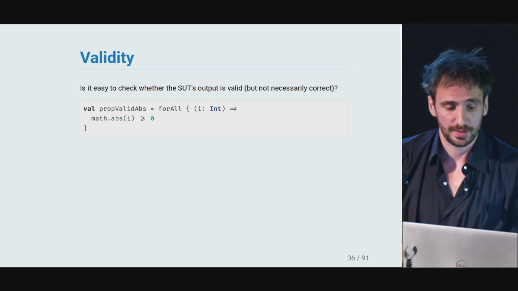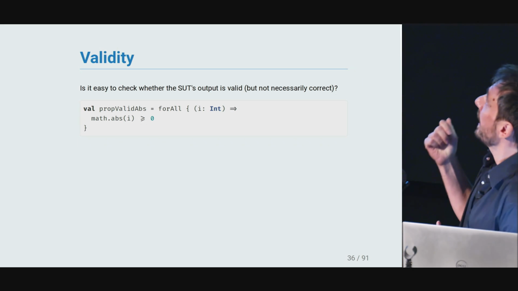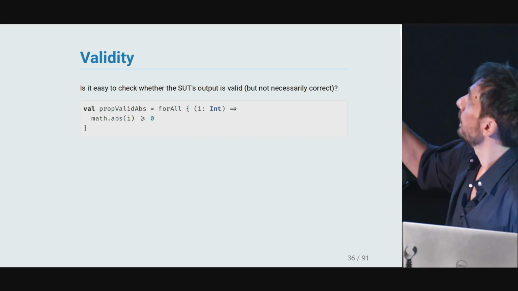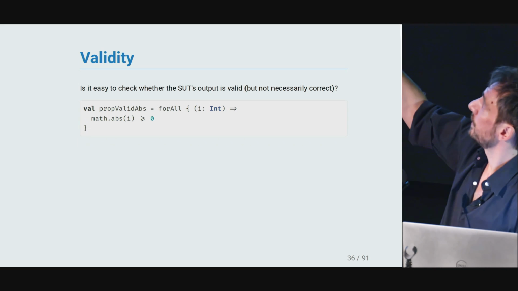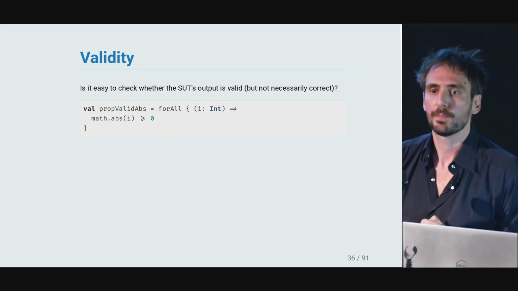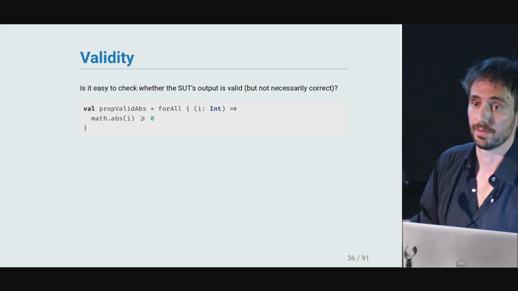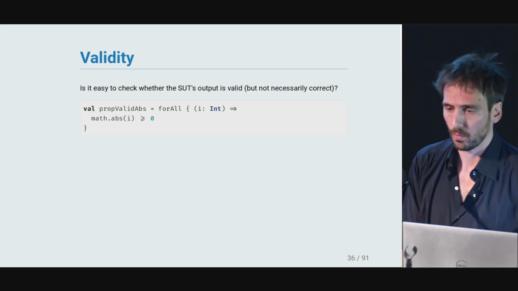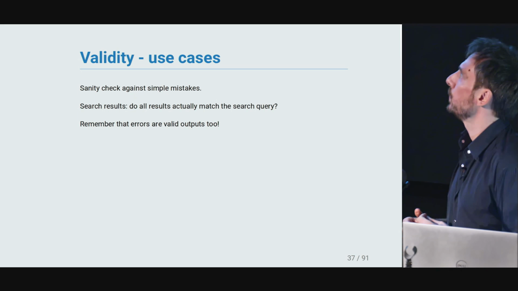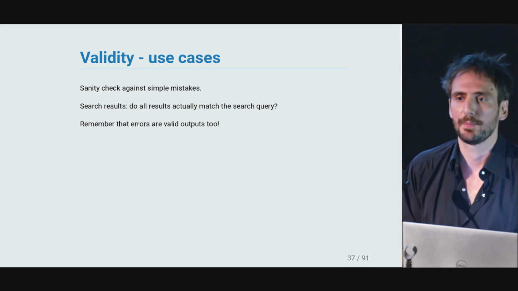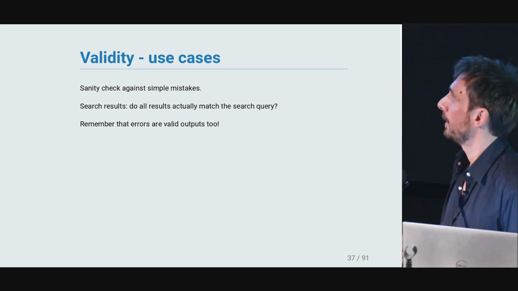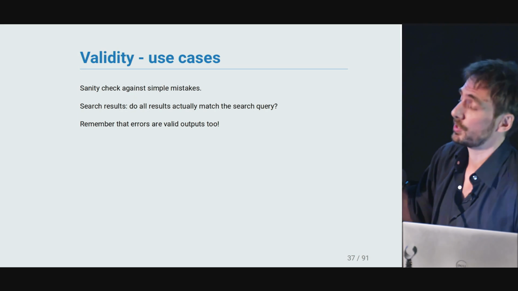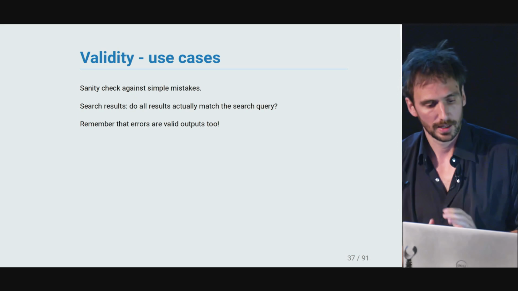Validity. Another easy property to check is whether the output of your system is valid, not correct, but valid. So for example, for absolute value, we could write a property that says, make sure that any value returned by absolute value is positive. It's not a great one, but it's a cheap one to have, and it's quite useful first when your return value is not a good type, say it's a string, like in FizzBuzz, for example. It's easy in your code to make a typo and write fizzbuzz or something like that. So it's a very good sanity check against stupid typos and mistakes. And